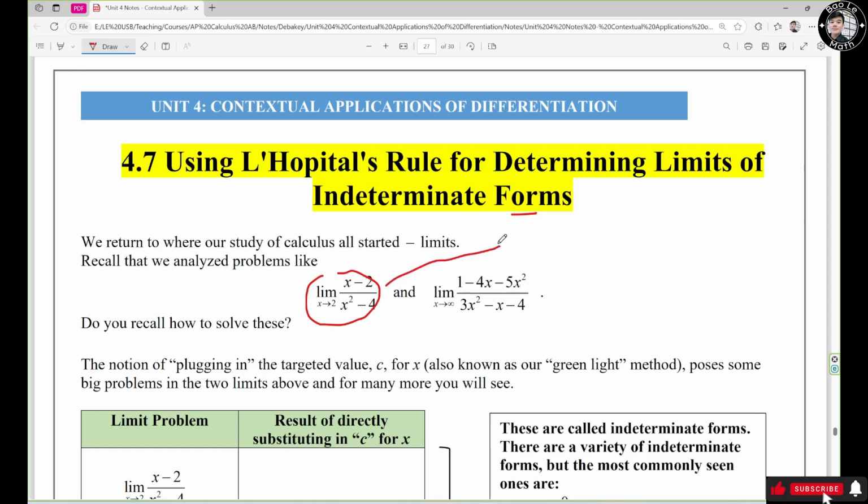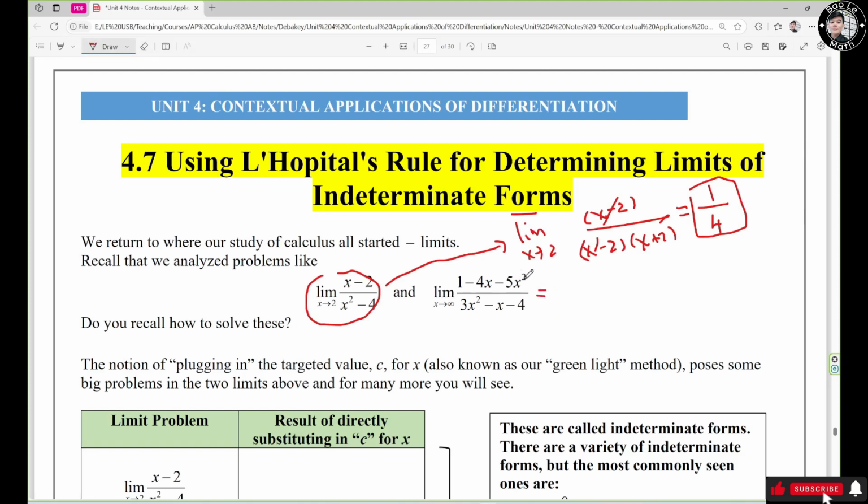So this turns out to be the limit when s approaches 2 of s minus 2 over the bottom, which should be s minus 2 times s plus 2, right? Now this cancels out. So when s approaches 2, this approaches 1 over 4, right? Now the second one,